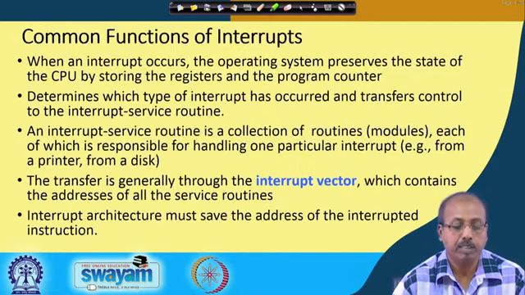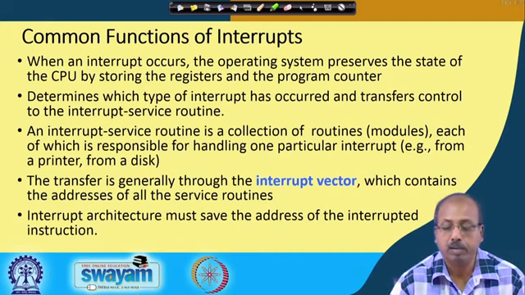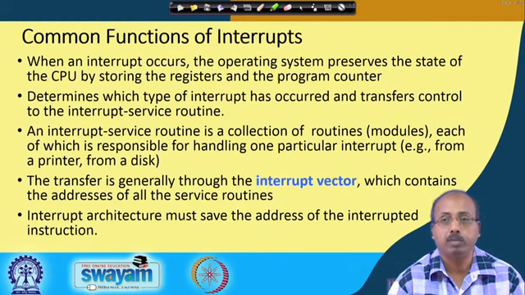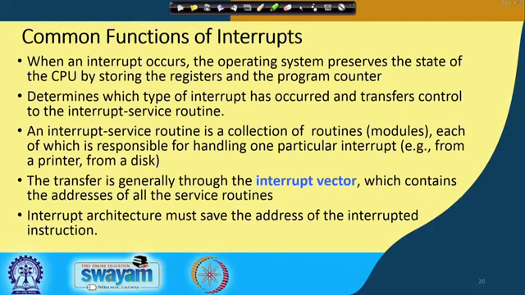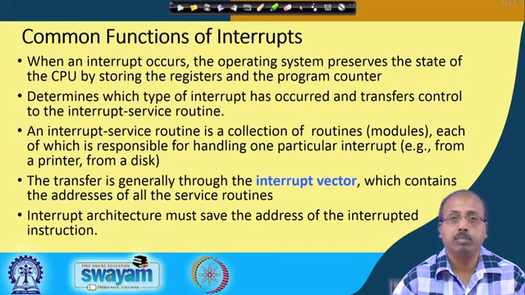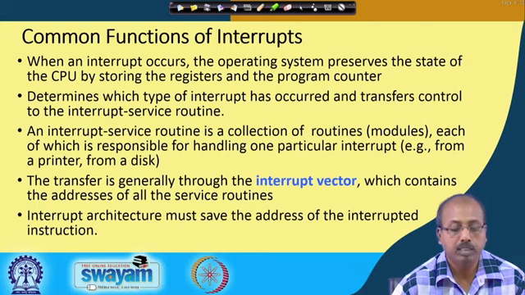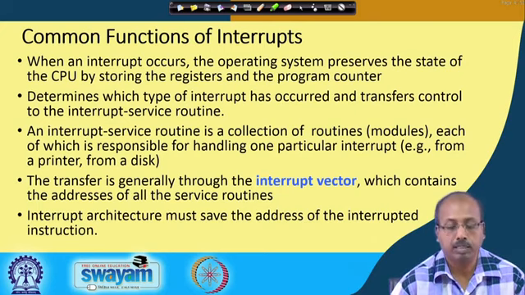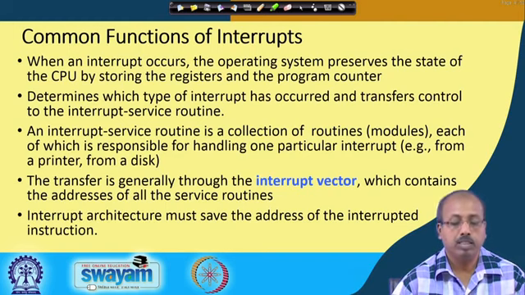Common functions of interrupts. When an interrupt occurs, the operating system preserves the state of the CPU by storing the registers and the program counter. This is the first thing that the system does. It remembers what it was doing, because sometime later it has to restart the operation. So it saves the content of the current state of the CPU, storing the registers and program counter,